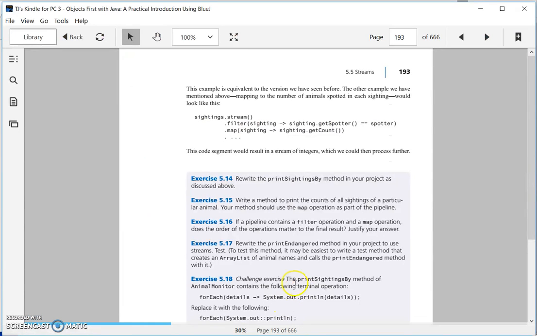So actually what they're asking for here is they want you to rewrite the print endangered method to use streams, but what they mean by that is it should still have the same method signature. So it should still be taking in an array list of animal names. But what they're saying is to test this method, it may be easier to write a test method. So let me just show you